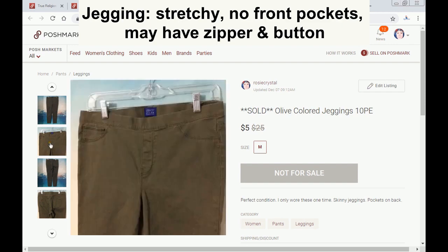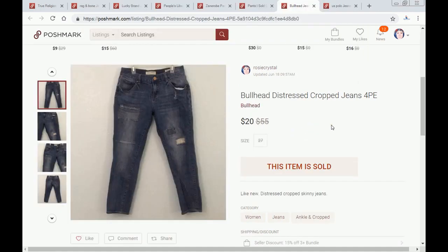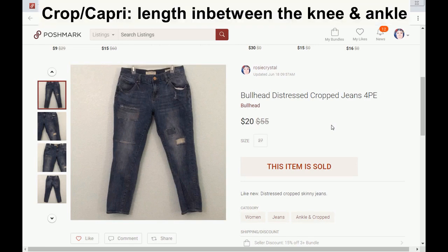Sometimes they are made out of very thick denim, and sometimes they are just made to look like denim, but these would be considered jeggings. This style here is a crop or a capri style. A capri usually hits below the knee but above the ankle. If it is above the knee, then it's considered a pair of shorts, and it would be like a Bermuda style. So if it's below the knee, then it is still considered a pair of jeans, and it is cropped,